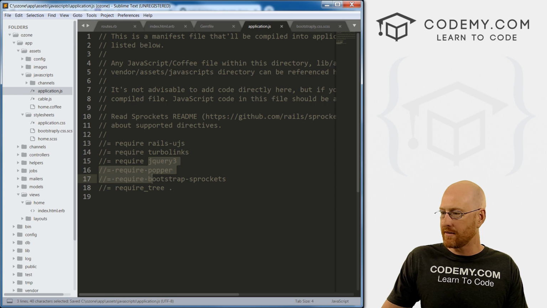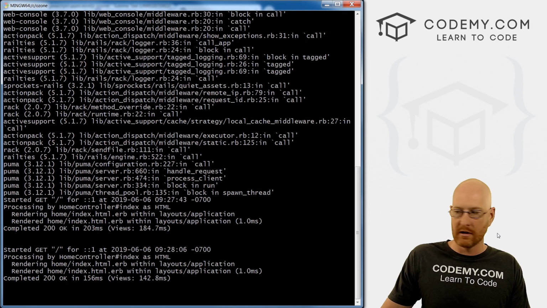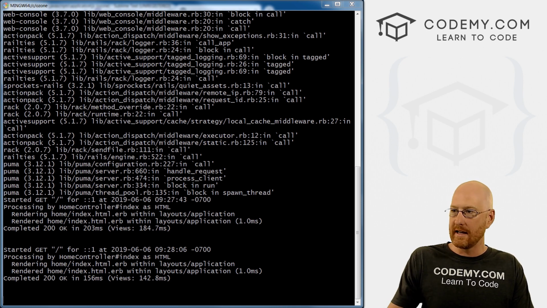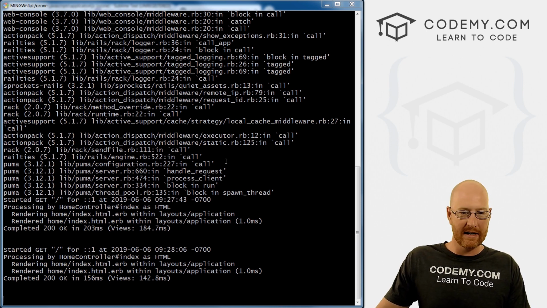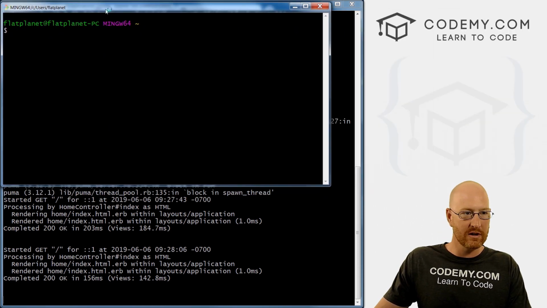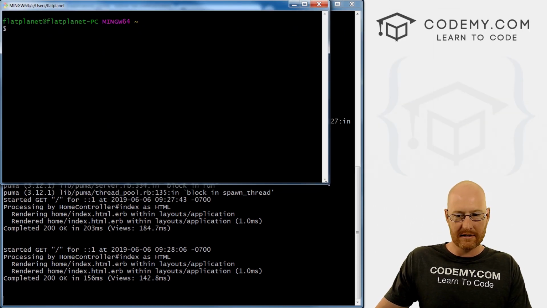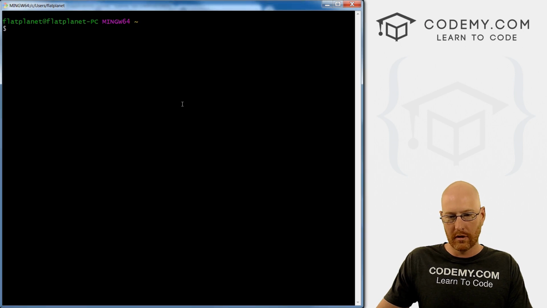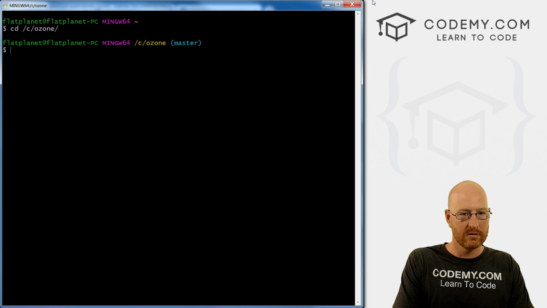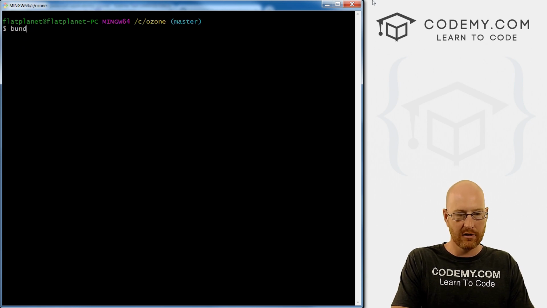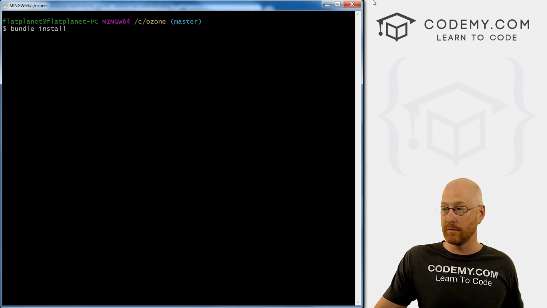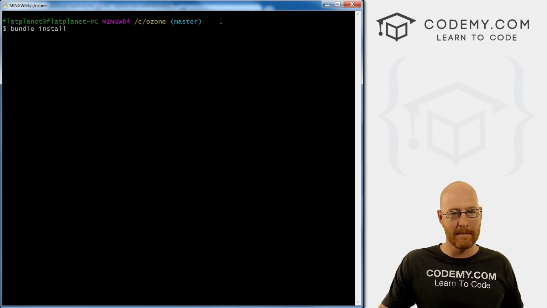All right, so now I think we're done. Actually, I'm going to open up a new Git Bash terminal because we've got the server running in this one, and I just want to let the server keep running. So let me pull this over real quick, resize it. All right, now we need to change directory into C Ozone. Okay. So now we just need to bundle install to install the jQuery gem as well as the Bootstrap gem